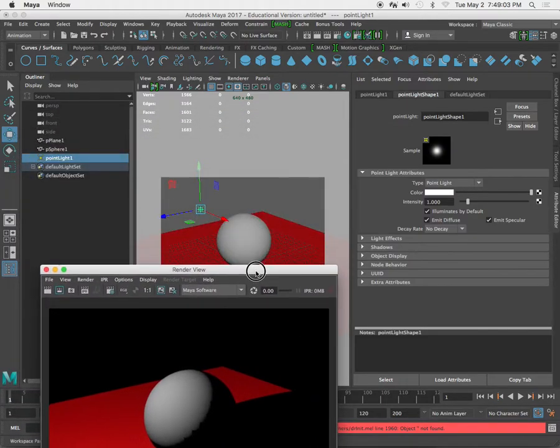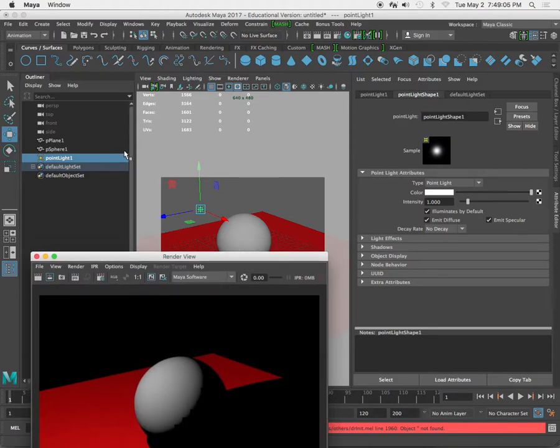Point light is similar to the ambient light. With the ambient light, the point light, the spotlight, and I think the area light has it on by default. But basically, all those lights don't have decay rate on, and decay rate is essentially